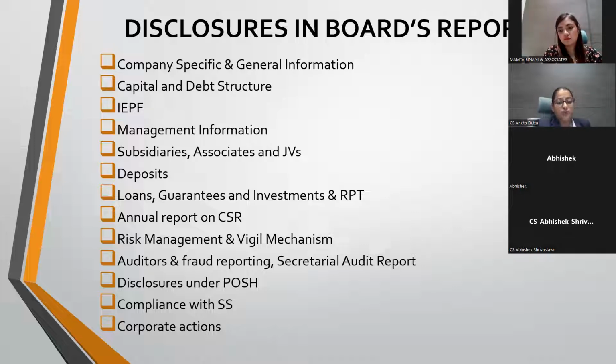Next is what are the policies that are taken for risk management. We also have to include that. And if you have any vigil mechanism or whistleblower policy, then also you have to include that in the board's report. And for vigil mechanism, the companies which are maintaining their website also have to give the details on the website of that company. Now, who are my statutory auditors? And if there are any qualified reports or any observation we got from the statutory auditor, we have to include that information also in our board's report.